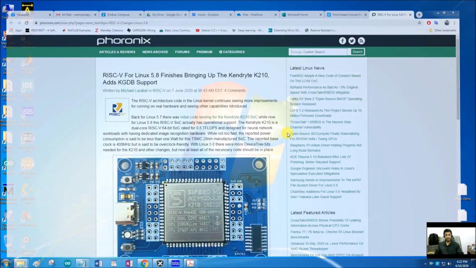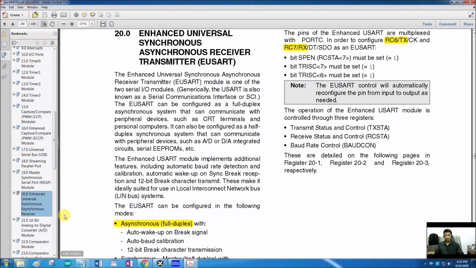So let's go to the datasheet of the PIC microcontroller. Here, section 20 belongs to the Enhanced Universal Synchronous Asynchronous Receiver Transmitter, EUSART. In today's lecture, for now we will be only interested in the asynchronous serial receiver transmitter.